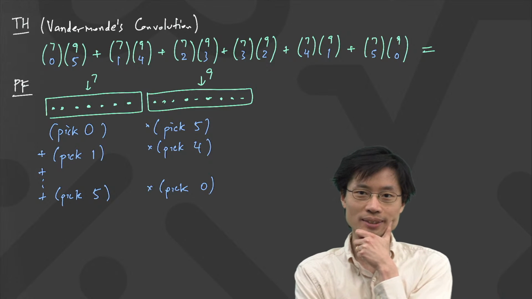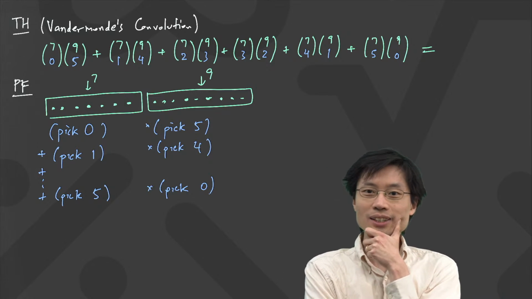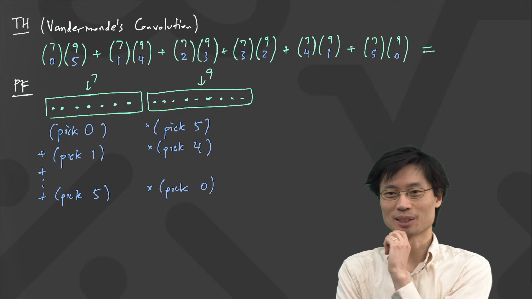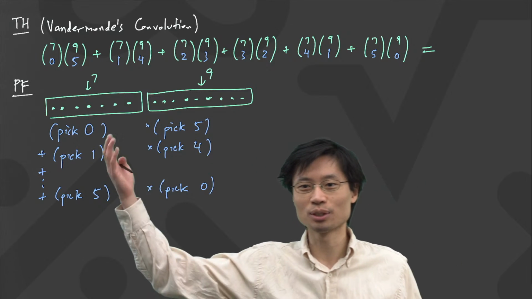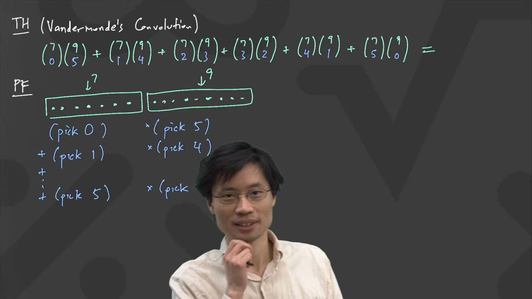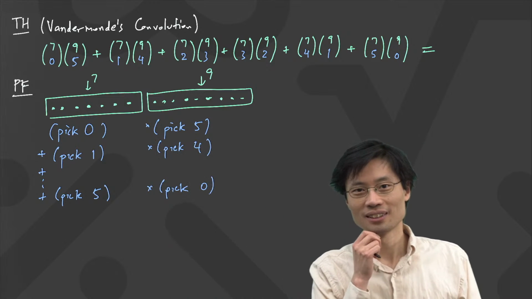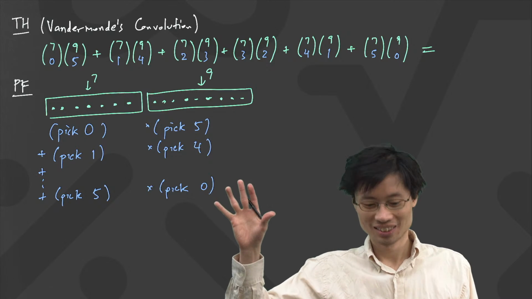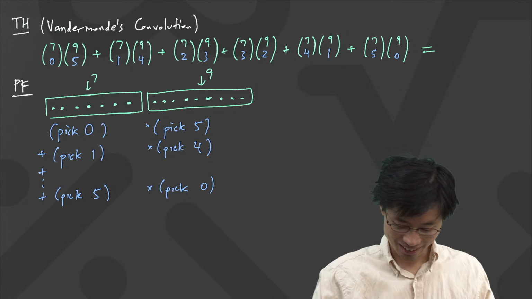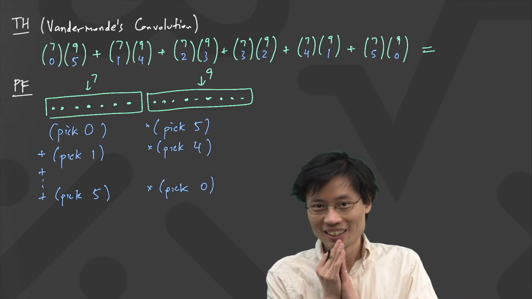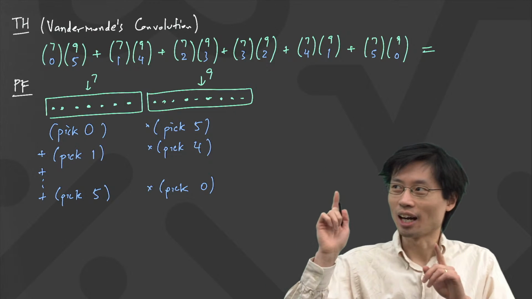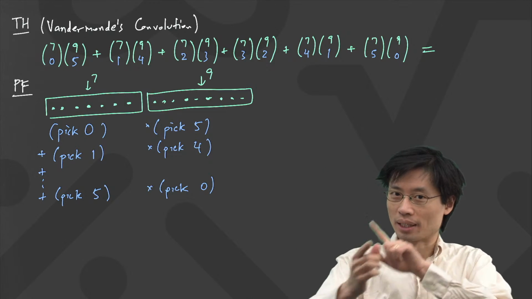What's going on here? Is there a more nice way or more compact way to explain what's going on? Can you see that we're doing some picking? Thomas? You're just partitioning the different ways to pick 5 from either, so you can just use stars and bars for 7 plus 9 and 5. Okay, so I think I don't want to use the stars and bars thing because I don't see how to